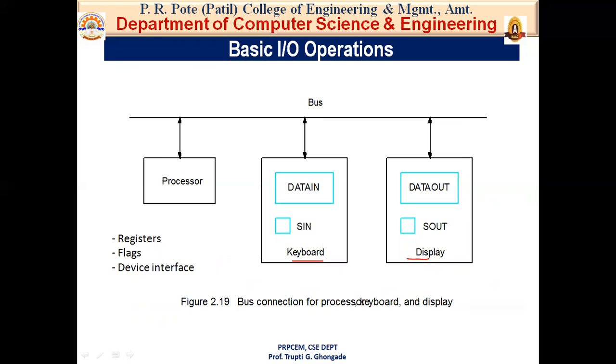So one block of instructions in the I/O program transfers the characters into the processor. As I told you, the processor receives the data from input devices, then stores that data in the buffer register, and then the buffer register transfers that data to the output devices. So one block of instructions in the I/O program transfers the characters into the processor, and another associated block of instructions causes the character to be displayed.